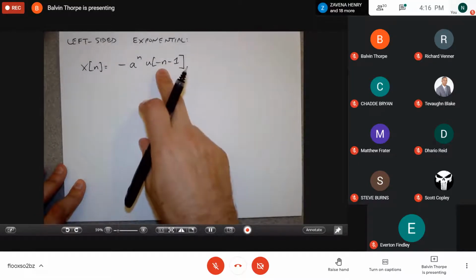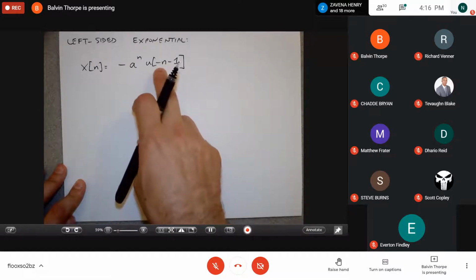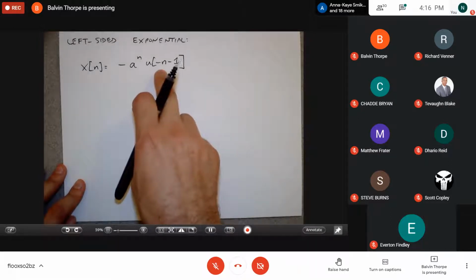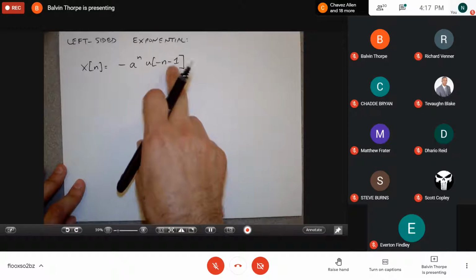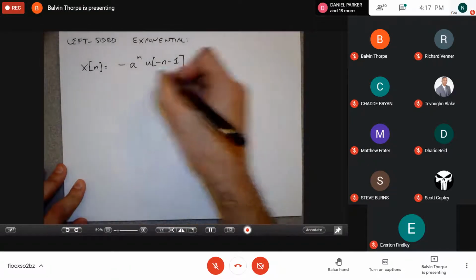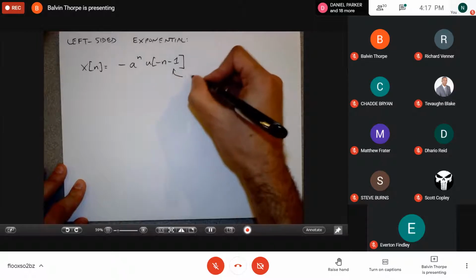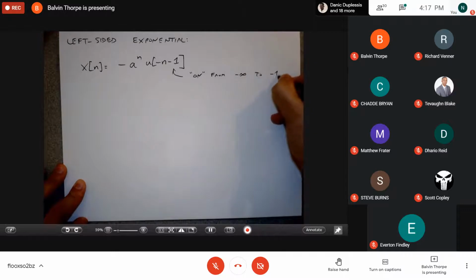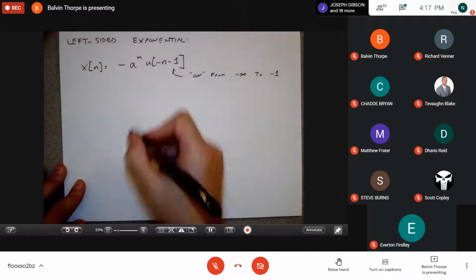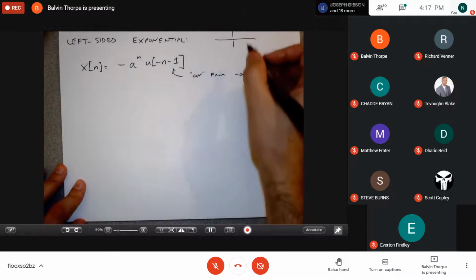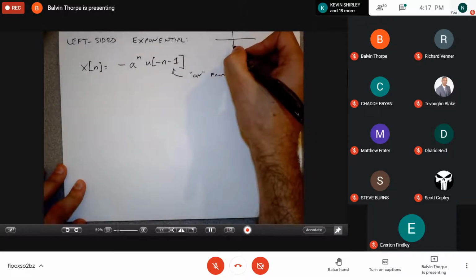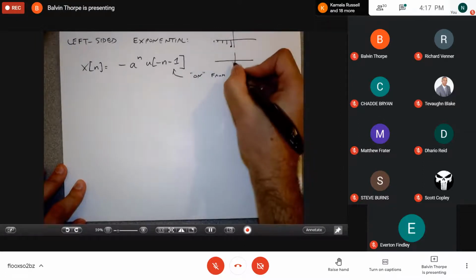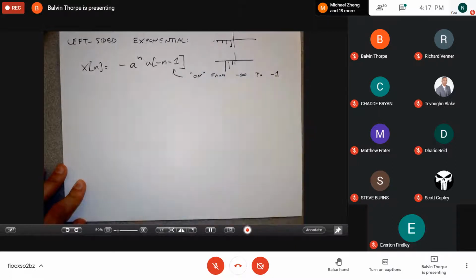Whereas when n is minus 1, I'm going to get u of 1 minus 1 is 0. That's the first time the step function turns on. When I have u of minus 4, for example, I'm going to have u of 4 minus 1 is 3, so the step function will also be on there. So this is a function that is on from minus infinity to minus 1, and that turns off at 0. And so, again, I'm going to get functions that look kind of like, depending on the size, something that's decreasing like this, or something that's increasing like that.